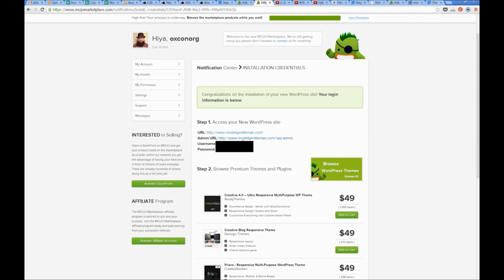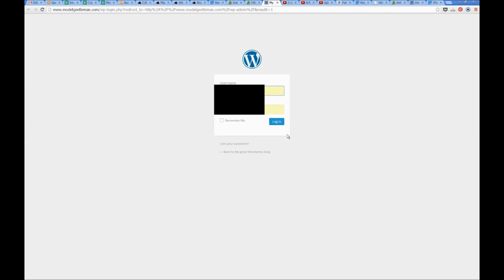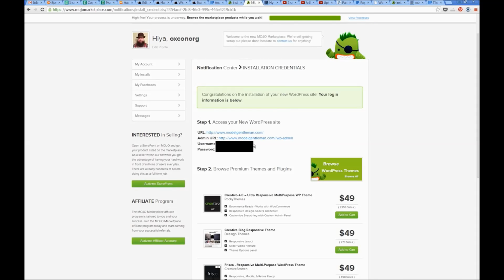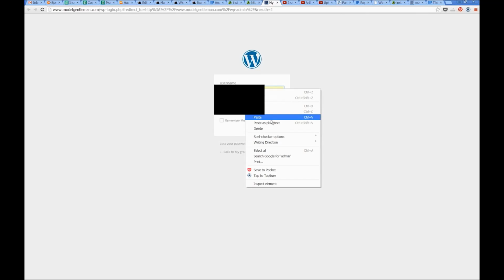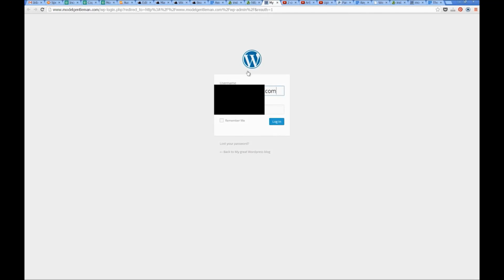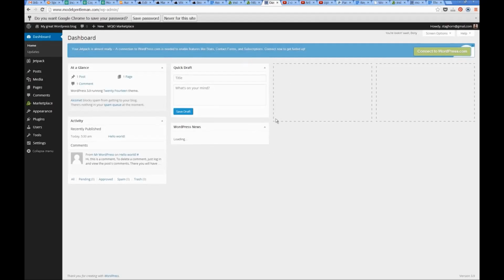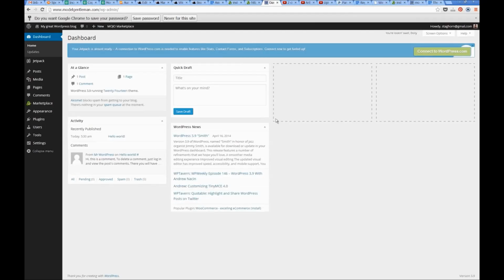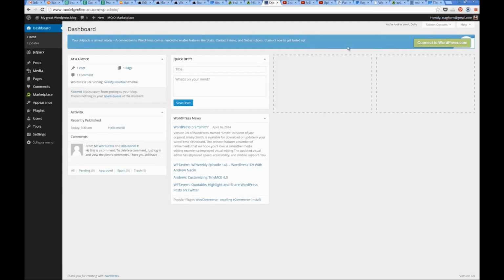So the second URL is going to be yourwebsite.com/wp-admin, and that is how you log into your website to get started. So the username is just going to be an email address. I've got a million different email addresses, and it apparently chose that one for me. And then here is the default password that they generate for you. Punch it in here, click Remember Me, click Login, and it should dump you into the dashboard for your WordPress website. And it worked. Look at that. This is WordPress. This is where you can start creating content, and literally